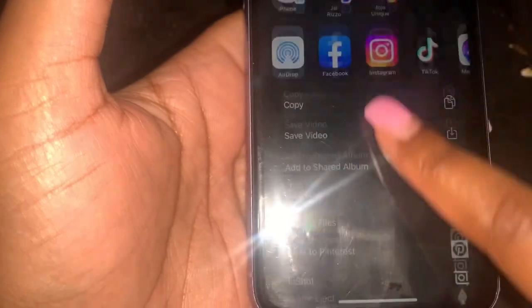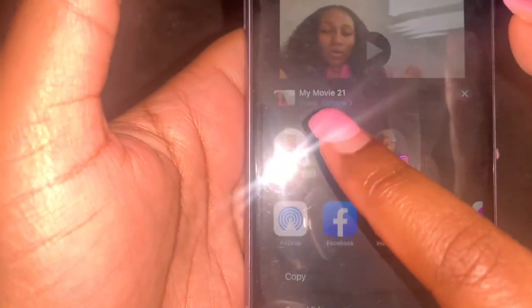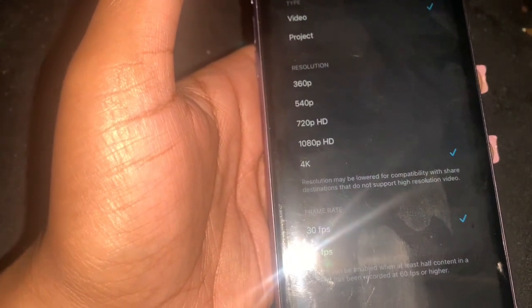Now right here at the top, I'm gonna just show y'all something real quick where it says options. Say for instance you ain't got that much storage on your phone, sis, and you don't want to upload it in the highest quality. Uploading in 1080p HD or 720p HD is fine. I tend to stay away from the 540 and the 360 because it's not really the best quality, but it gets the job done. So I'm gonna go ahead and press done at the top, and press save